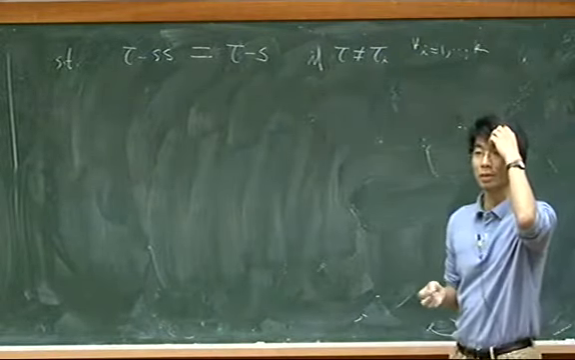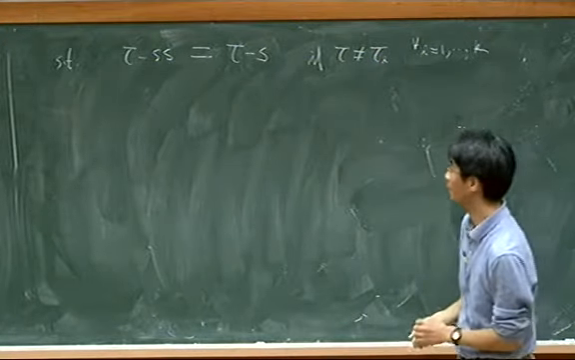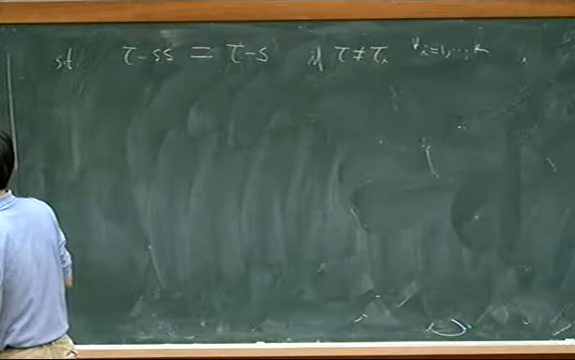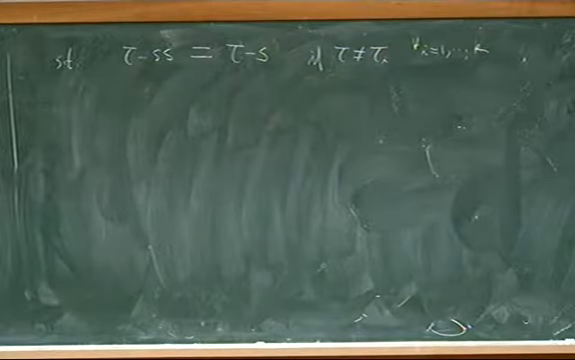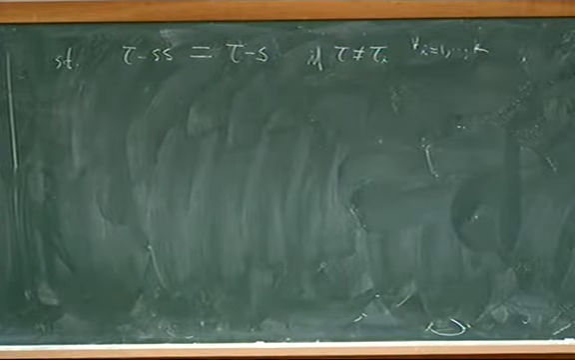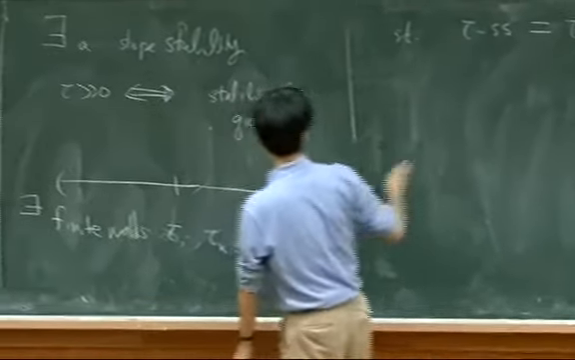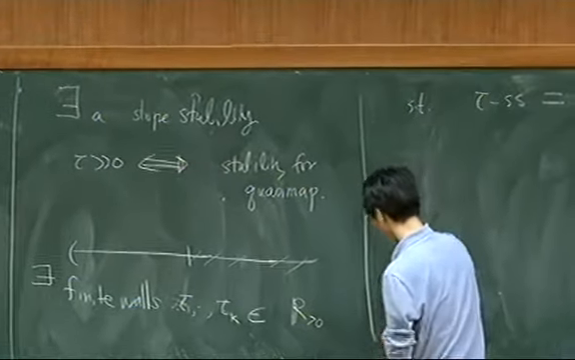Some real numbers. I'm sorry, I cannot define exactly what I mean by slope depending on tau. I like to define there's a notion of